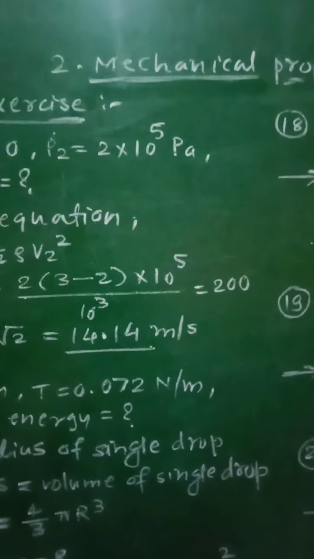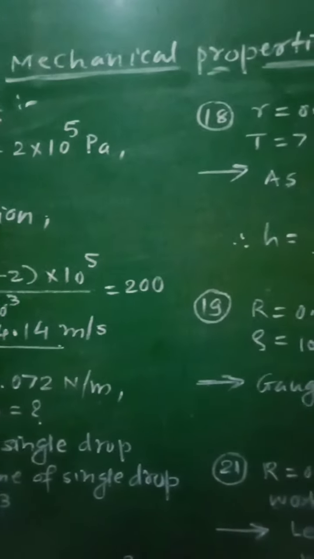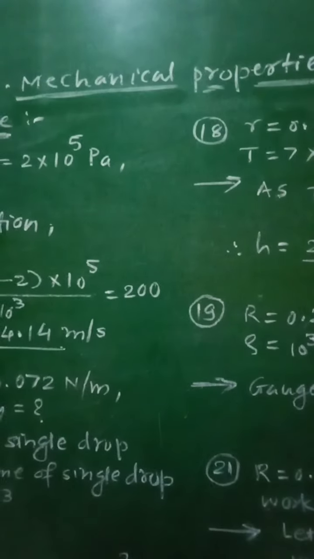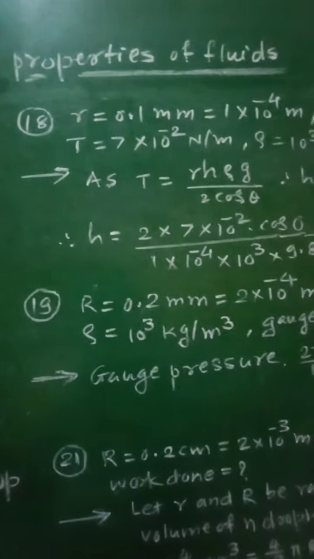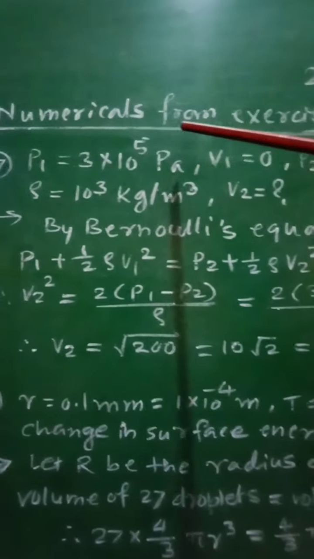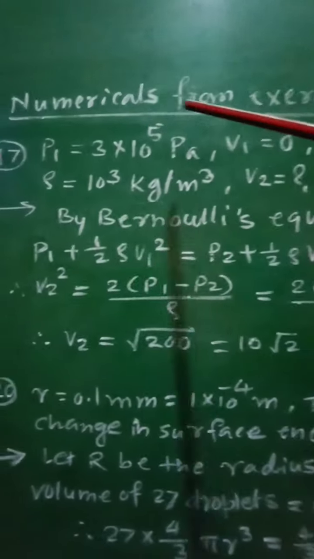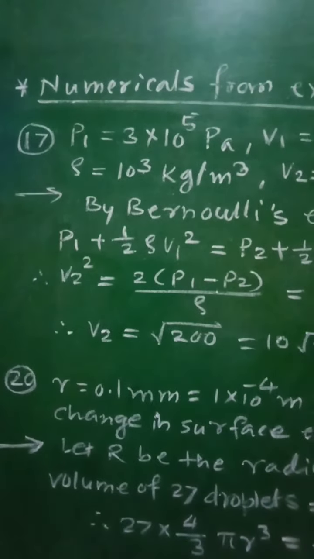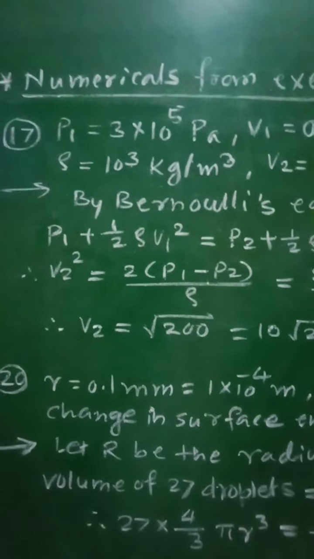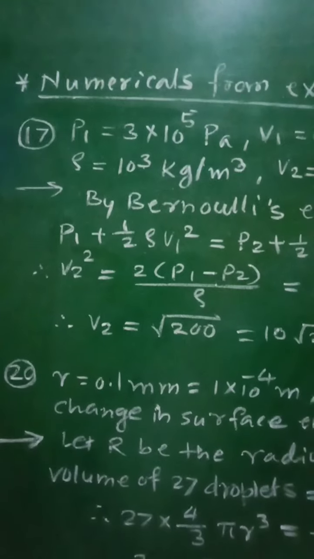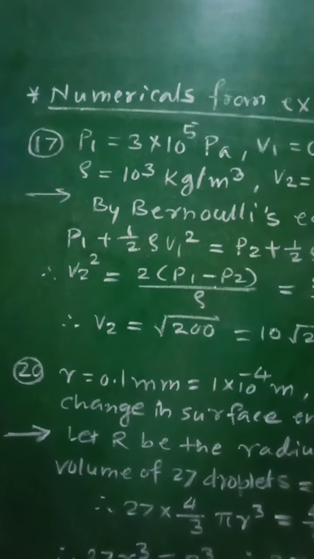Class 12th, subject physics, second chapter, mechanical properties of fluids. From this chapter, let us see numericals from the exercise. Numerical number 17 is given as: the pressure of water inside the closed pipe is 3 into